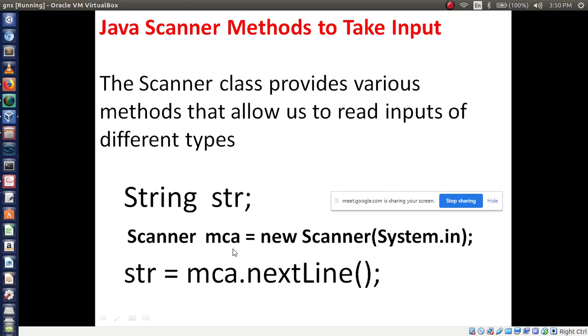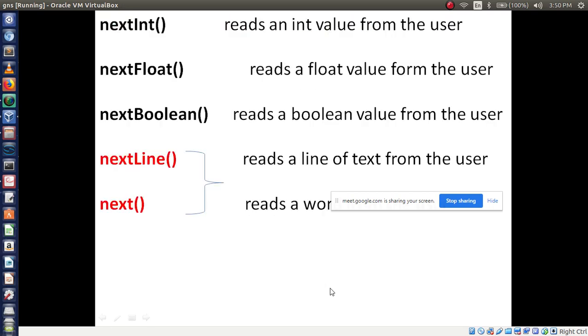The object name you have created, you take MCA dot followed by one method, which is compulsory. It depends on data types. Here my data type is string. For this purpose I have to use nextLine, or one more method is there, next. Choice is yours. Now whatever you type should be stored in which variable? str. So if you print str, you will get the result. Is that clear?